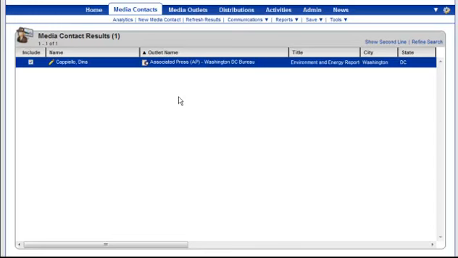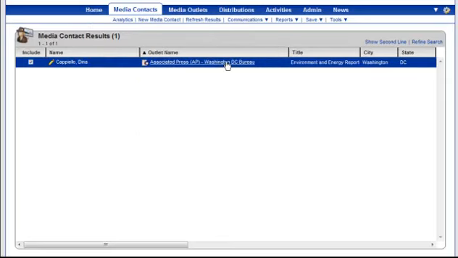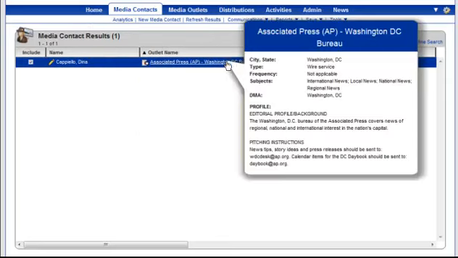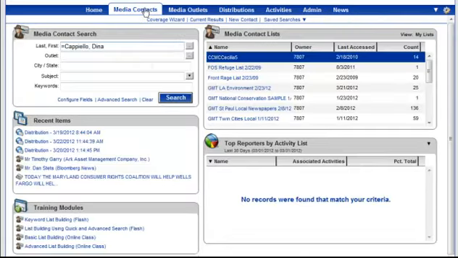On the results page, you will see the listing for Dina Cappiello, and you can select her name to see her profile and see more information, or you can also select her outlet name to see the outlet profile and more information. Now, not all reporters are as simple as Dina. Many reporters have the same name, or they might have a unique spelling of their name. You can still search these reporters easily in the quick search. For example,